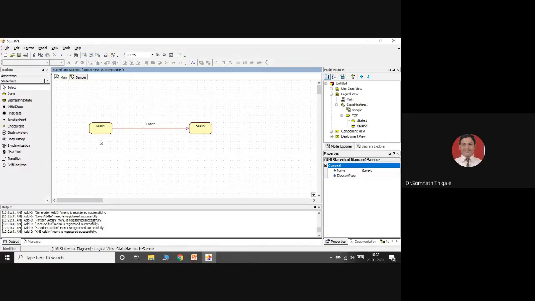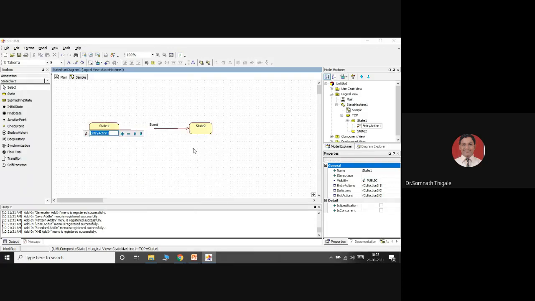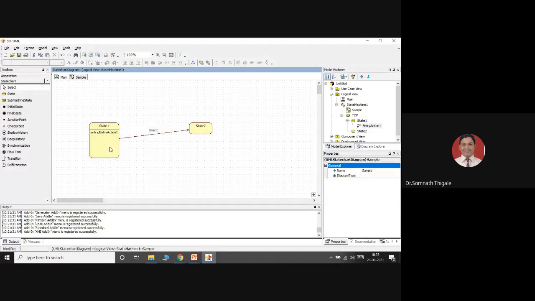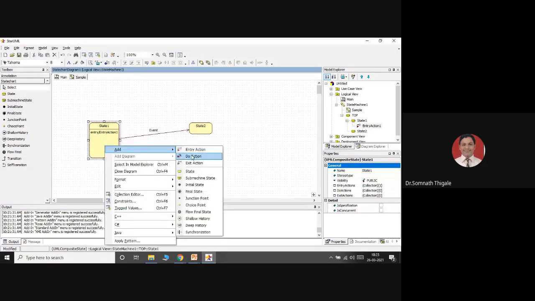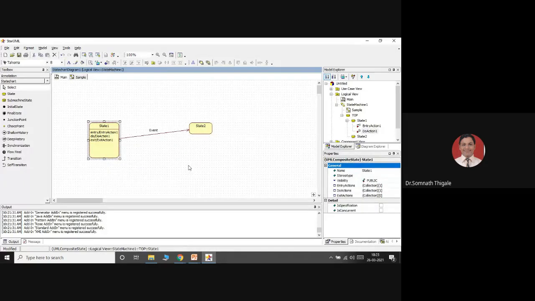Now, with reference to the state, what you can represent: see here, if I right click here, we can add these actions: entry action, do action, and exit action. So let's see, entry action, add do action, then add exit action.